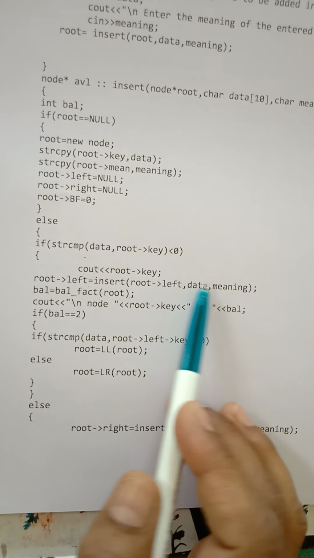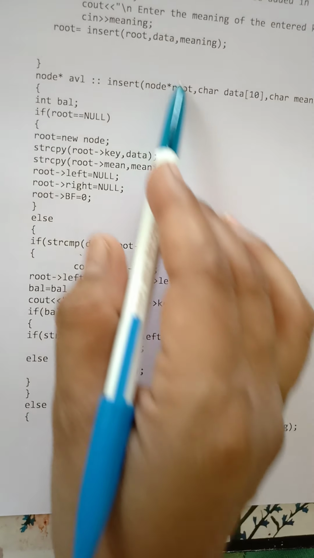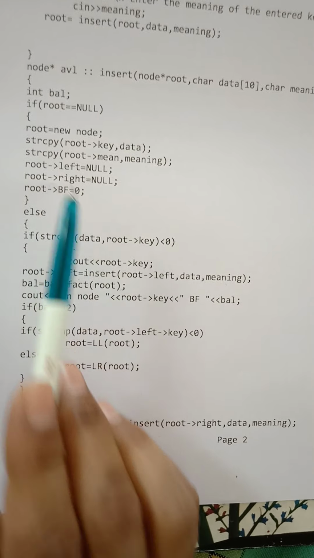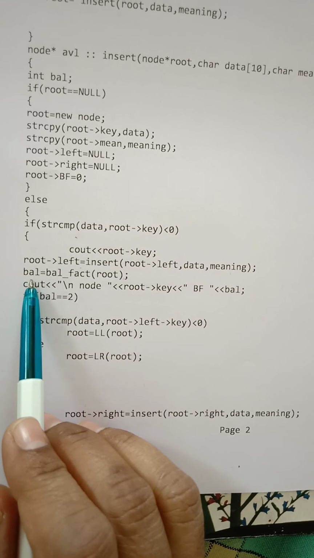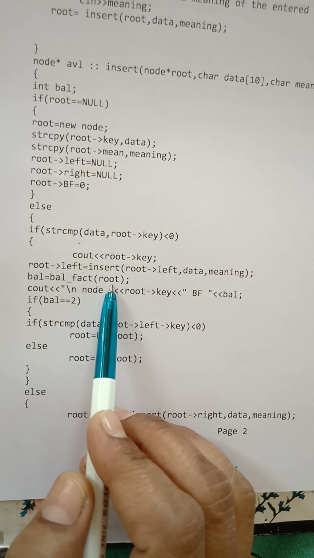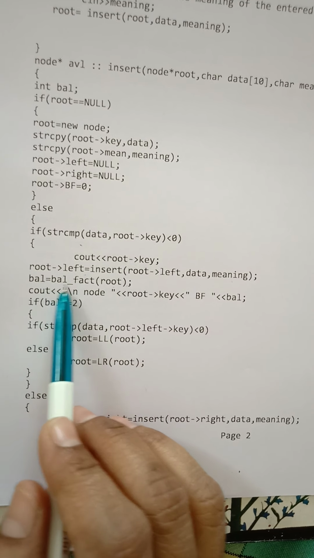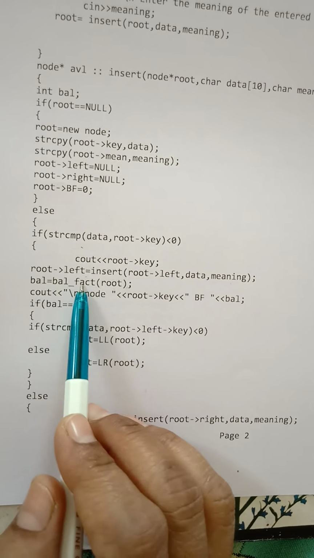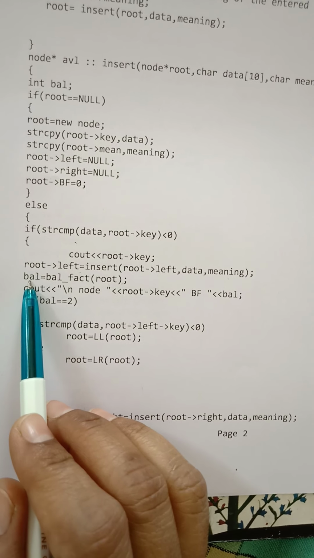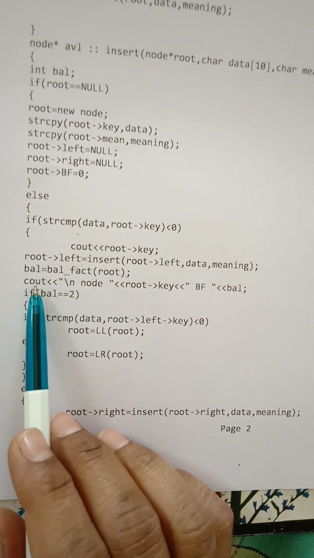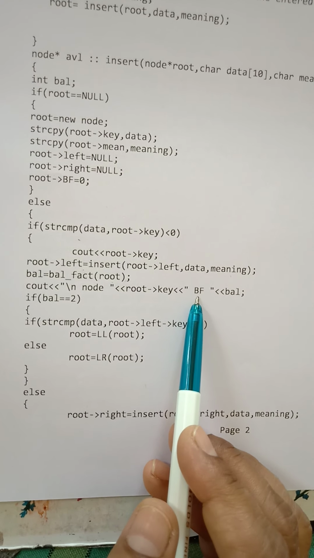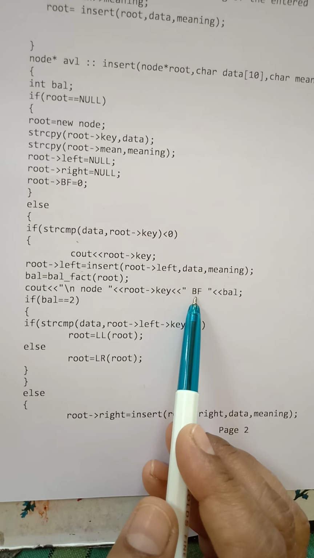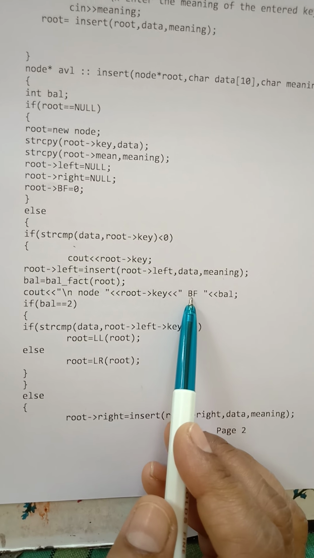After inserting, the insert function will be called again. Here root is not null, so it will jump here. Now after inserting, the balance factor will be calculated. Balance factor is the function that returns the balance factor of the root. And here now see, the output consists of each node and its balance factor.